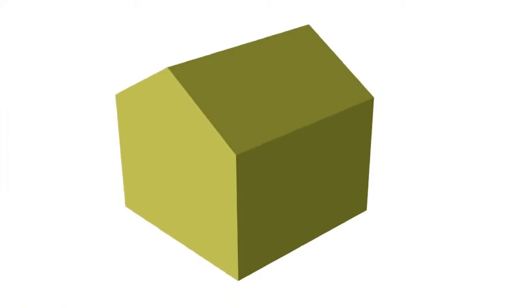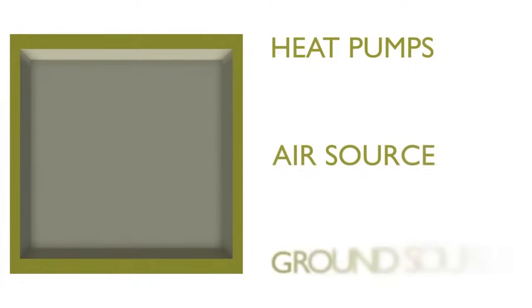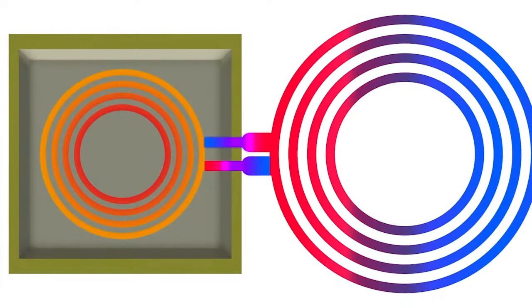A further possibility for the recovery of heat to lower the energy use in a home is to use heat pumps in the heating system. There are 2 primary types of heat pump, air source and ground source. Air sourced heat pumps, or ASHPs, use heat exchanging fluids and compressors to extract heat from the ambient external air supply and supply it into the interior of the home via a more or less conventional central heating or underfloor system. Ground source heat pumps recover heat from collector loops buried underground. Fluid is circulated through these loops and picks up heat from the ground, which is then fed through a compressor and heat exchanger used to heat the home.